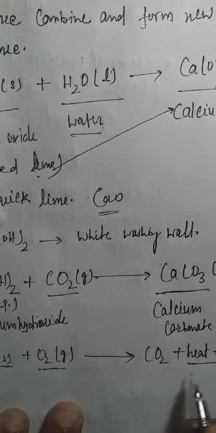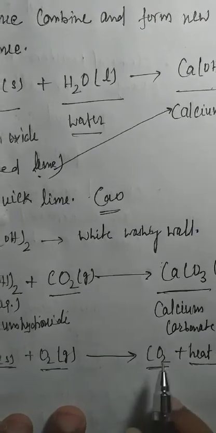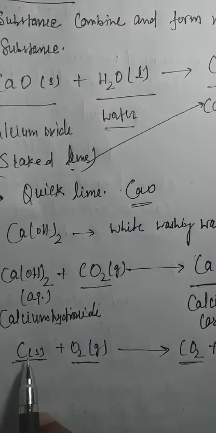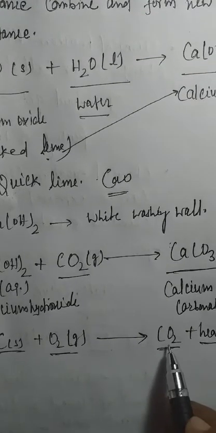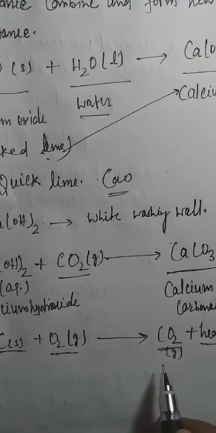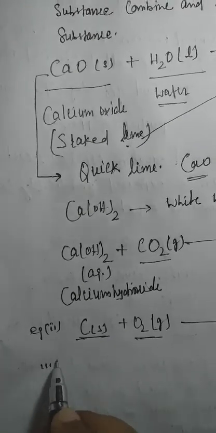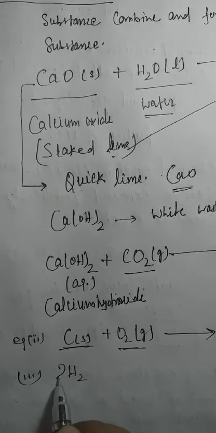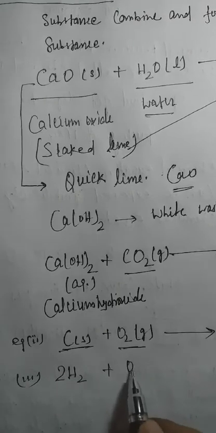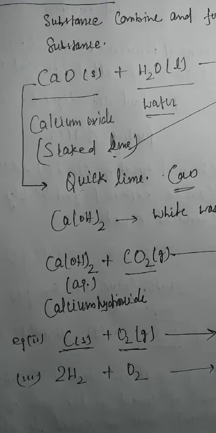So this is also known as an exothermic reaction. We will see it later in another part, but normally you will see whatever changes occur. Now carbon exists in solid state, and carbon dioxide will form, which also exists in gaseous state. Next is the formation of water, which was already discussed in the previous portion. Hydrogen, two of it, reacts with oxygen and forms water, right? So hydrogen and oxygen combine and form a new product, called formation of water.